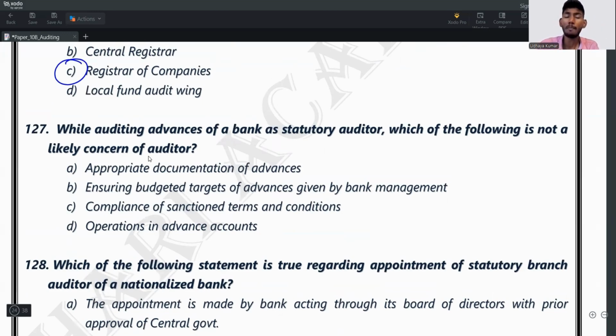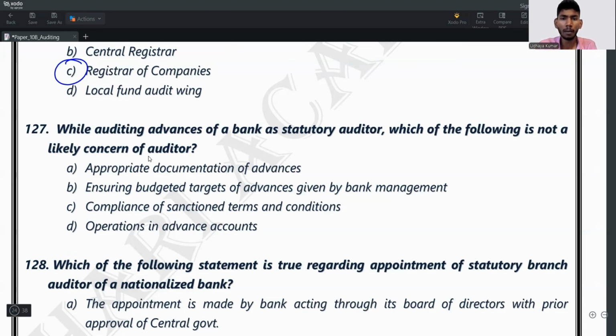Okay, option A, appropriate documentation of advances. So it is a concern of an auditor, right? So he is asking for the option that is not a likely concern. Option B, ensuring budgeted targets of advances given by bank manager. How come ensuring budgeted targets of advances is given by the bank management is not a concern